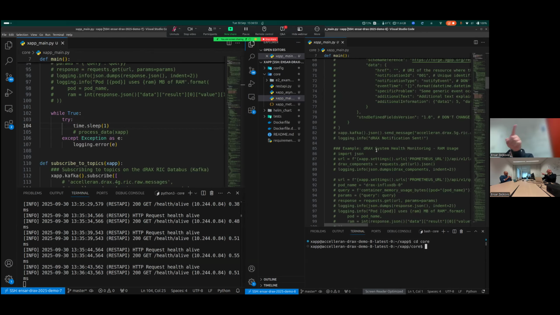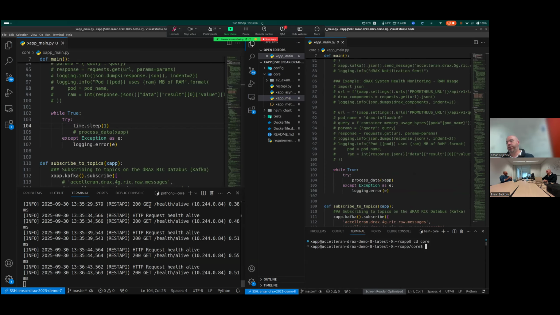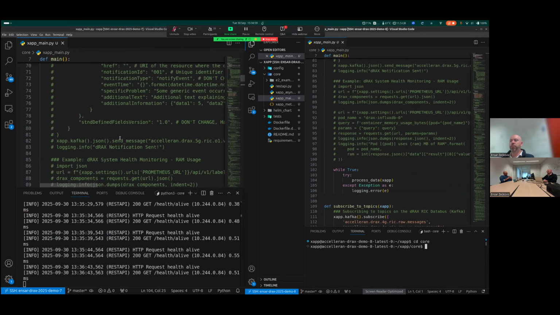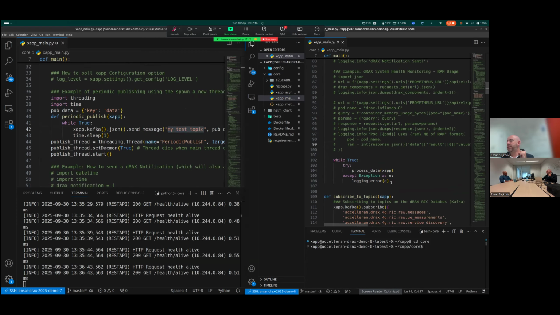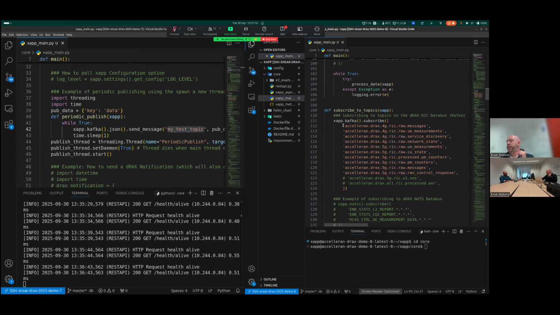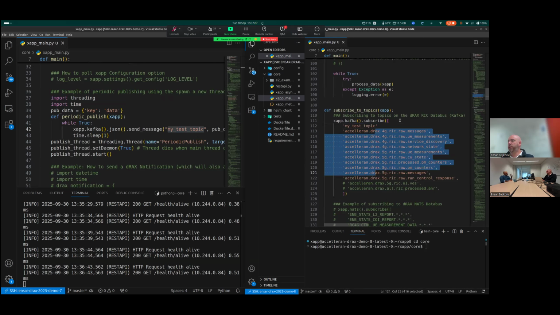Now, how do we actually get the data from the other xApp that we were just publishing? As you remember, if I scroll here on the left-hand side, we are now publishing to this topic called My Test Topic. So the only difference we have to do in the other xApp is to make sure that we subscribe to this topic as well to receive the data that's being published on it, right? So let's copy the name, and then in this xApp on the right, let's find our Kafka topics that we currently subscribe to. Let's just add our new My Test Topic. Let's maybe comment out everything other than that so that we don't get other data in our terminal.